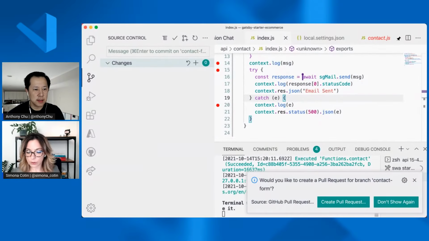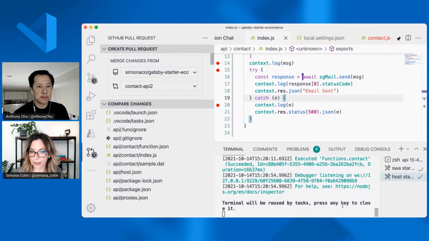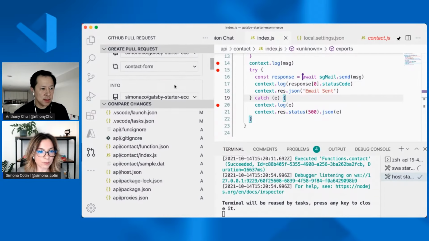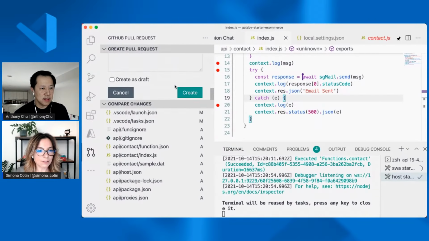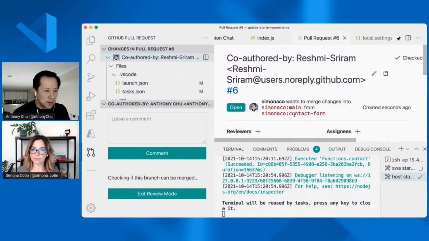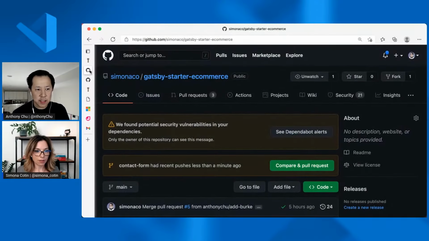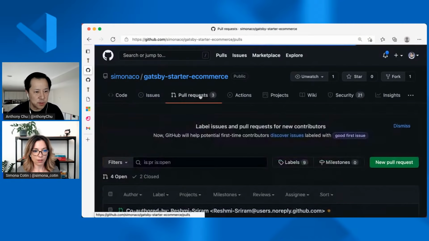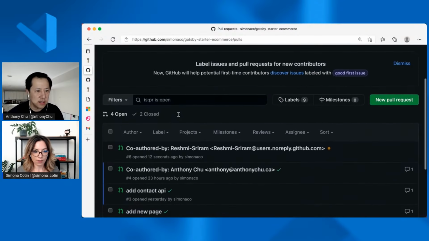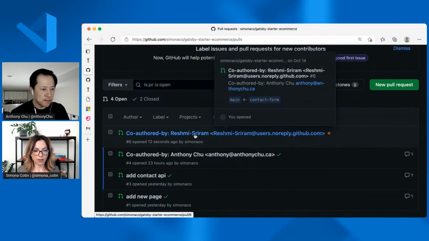And it will also, because I have this GitHub extension installed for PRs, ask me if I want to create a pull request. Of course, I want to create a pull request. And what will happen, Anthony, once I create this pull request? It's going to kick off a build. And then it's going to go and create a staging environment for us so that we can actually preview your changes before actually taking it live. Okay, so